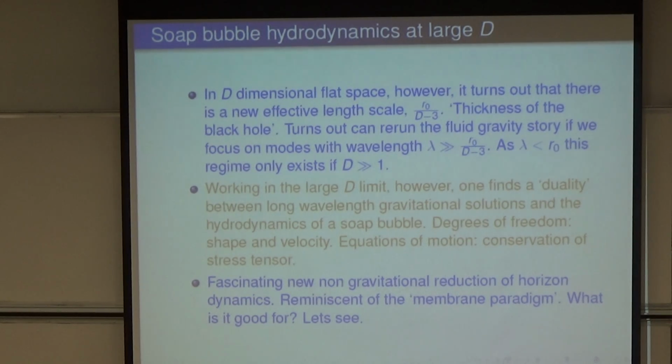So, as dynamics proceeds, the shape of this membrane flops around, the velocity fields move around according to equations of basically hydrodynamics. And this problem of soap bubble type hydrodynamics is due to black hole motion in a large number of dimensions. It sounds like a very cute observation to me. It hasn't yet had concrete impact, in the sense that it hasn't yet discovered new terms in the equation of soap bubble hydrodynamics, since